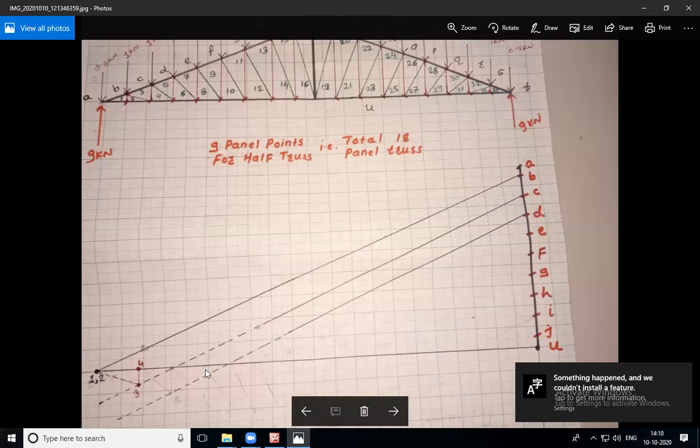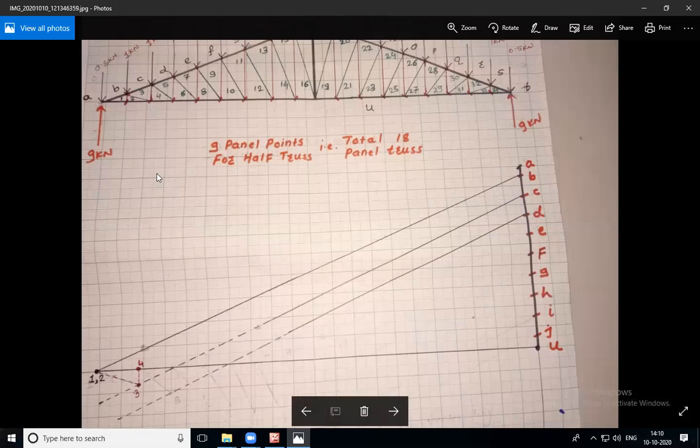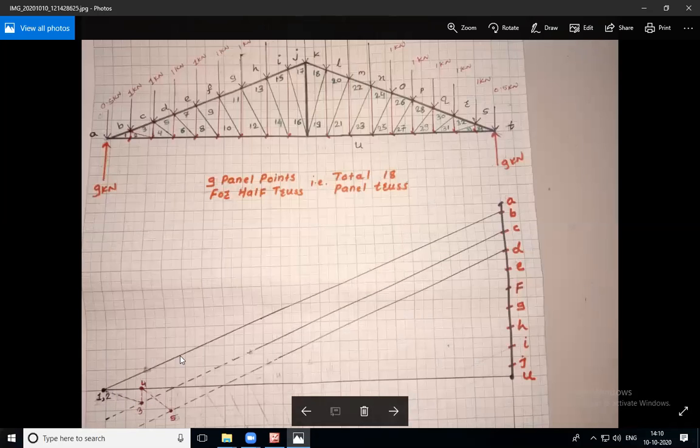Okay, this is the line D5. Now again we have the location of 4. Now we have to draw one line which is parallel to this 5 4 in the vector diagram. We have the location of 4. Now draw one line which is parallel to this 5 4, so draw like this. After drawing that line, your figure will somewhat look like this.